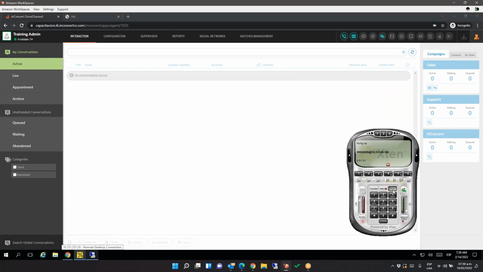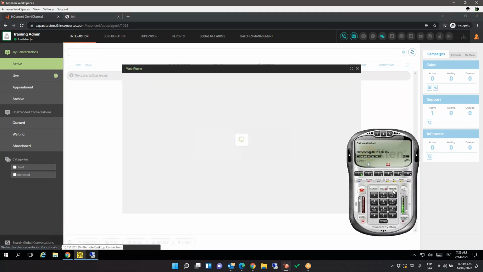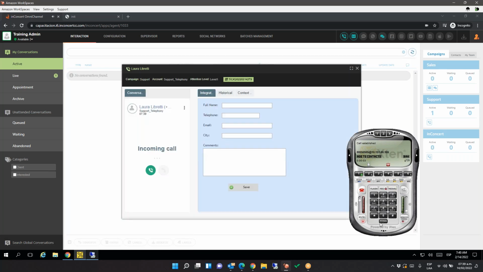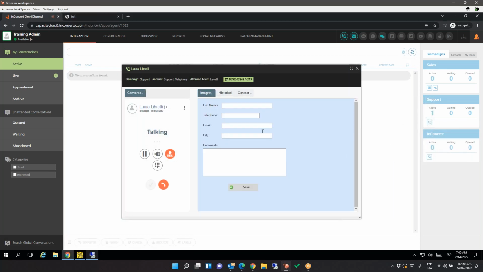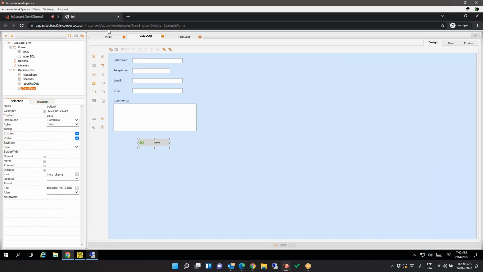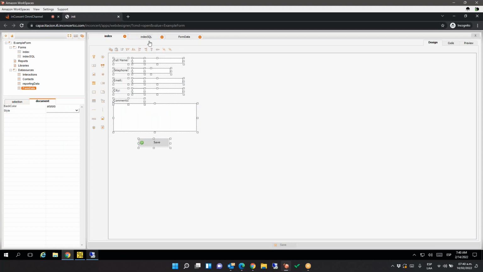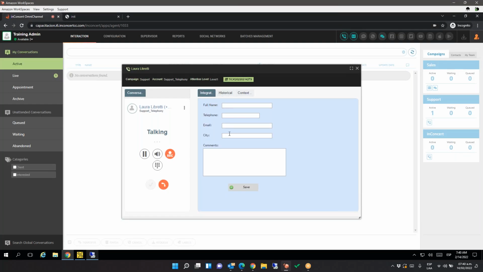I'm going to dial. Now you see we have the other one. We changed it on the configuration and now we're showing this index SQL. The other one is in gray. This is in light blue. I'm going to end this call and I'm here going to save